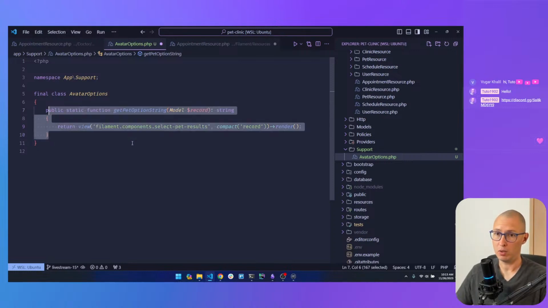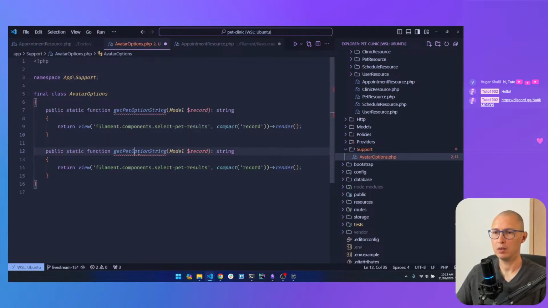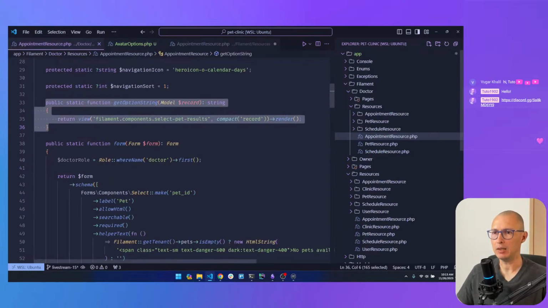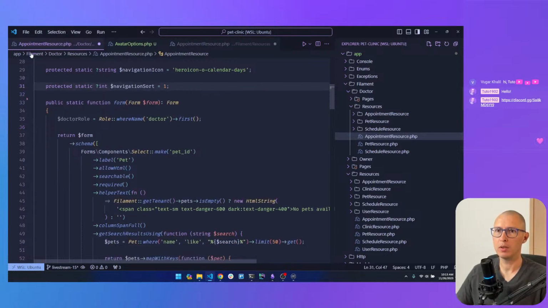And let's create another one right away for the get doctor option string. I'm going to create a new view for select doctor. Why do I keep saying doctors? Select doctor results when we pass the same record into it, and then render. I think that's pretty much all I need, and then I can just come back here, remove this one from the appointment resource on the doctors panel, and